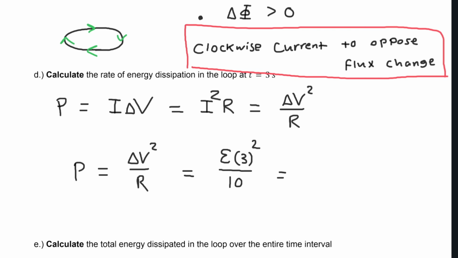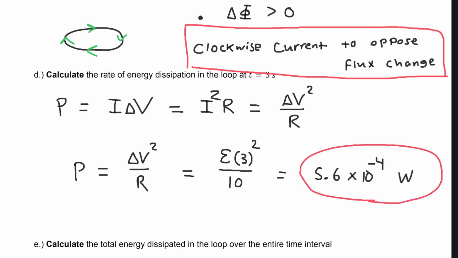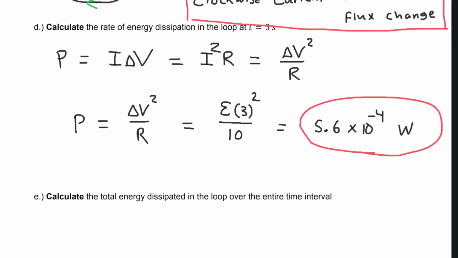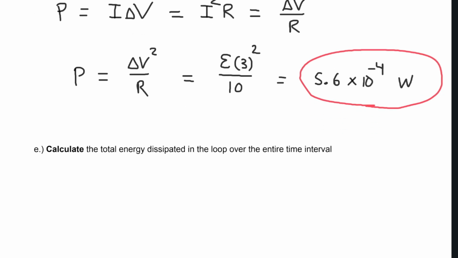And doing that, we get a very small 5.4 times 10 to the minus 4 watts, which is a joule per second. So every second, at t equals 3 seconds, there would be 5.4 times 10 to the minus 4 joules per second being